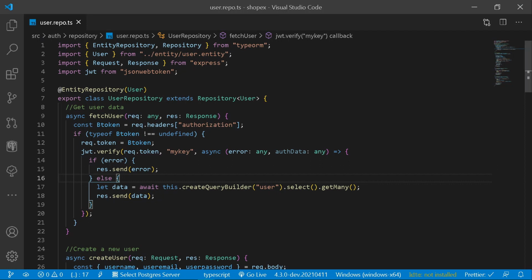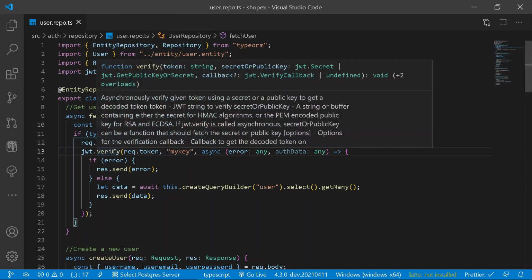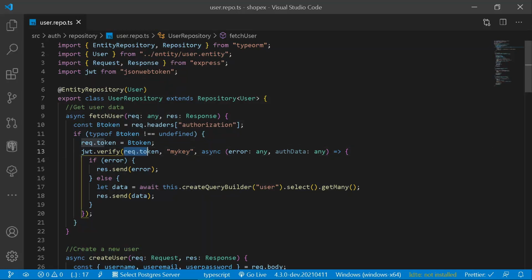And likewise, once we have got the bearer token from our authorization, if the type of bearer token is not undefined, that is, if it is considerable, we should simply set the request token equal to the bearer token. And once we have done this, we should be using the method of jwt.verify. This takes 3 different arguments. First of all, the token from our authorization tab, the secret ID that we have been providing so far, and